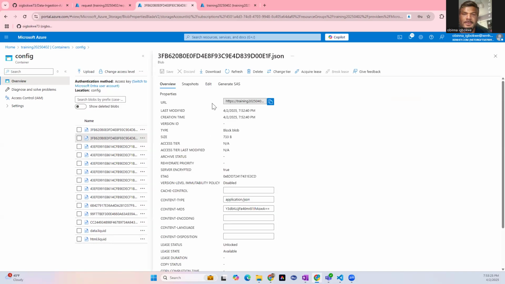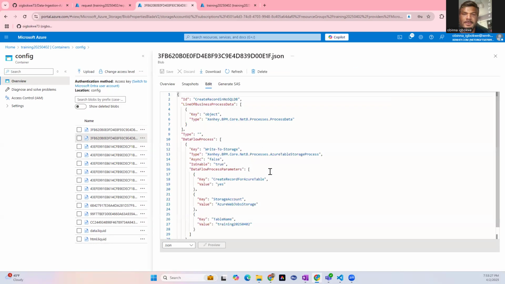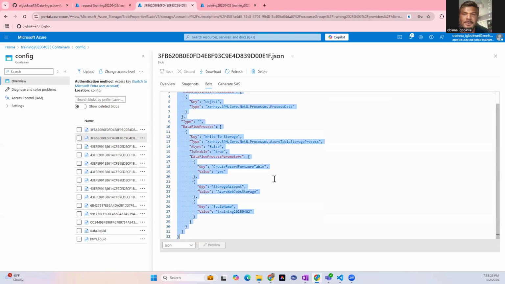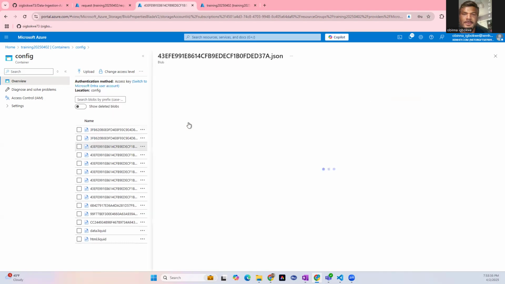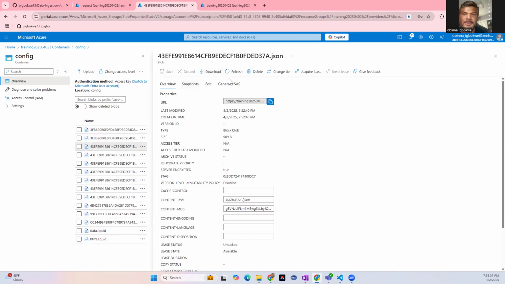What's the next one? This creates a NoSQL database. If you want to do a quick sample, you can actually write a record into a NoSQL database. And the third one,